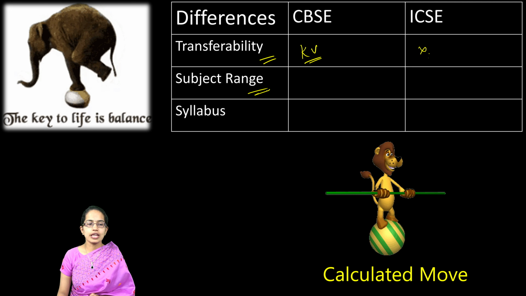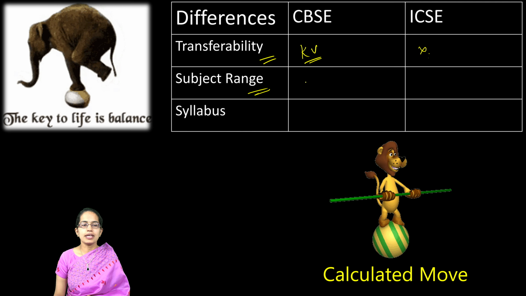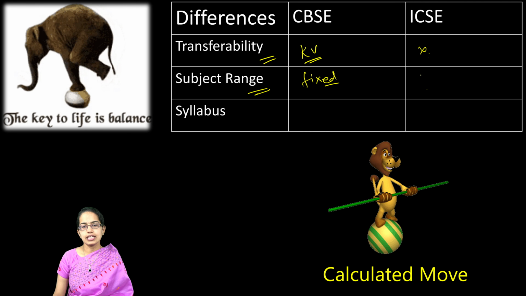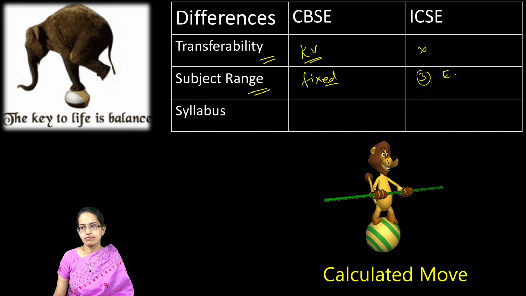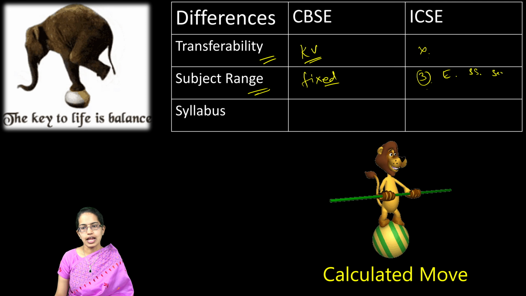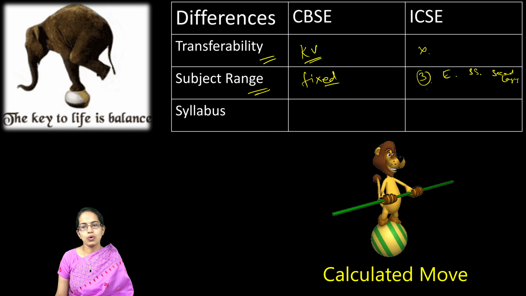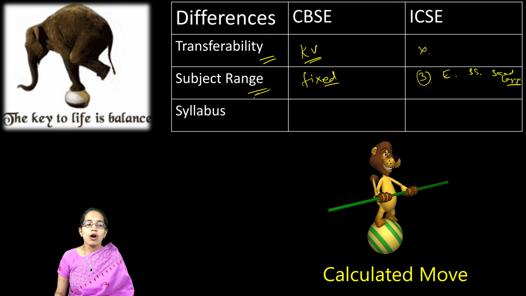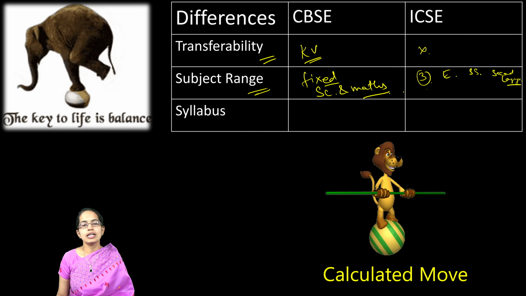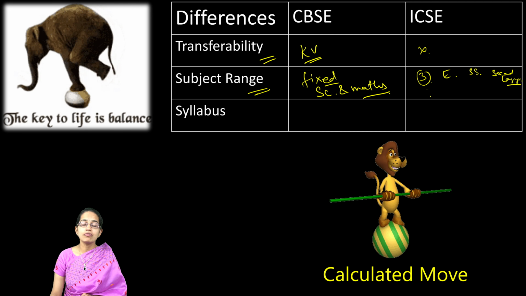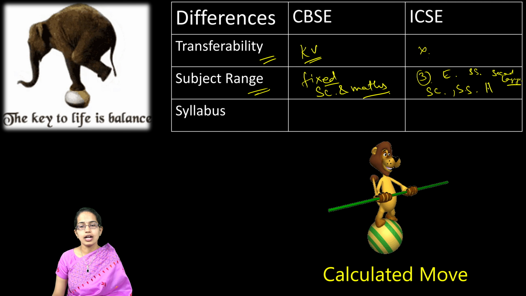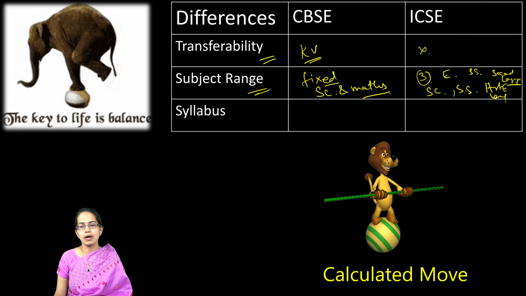When it comes to range of subjects, as we said, CBSE has fixed subjects for grade 10th. However, ICSE has 3 subjects which are compulsory, which is English, the social studies part, and then you have a second language. For the others, you have choices. Also, CBSE has very high weightage for science and maths. On the other hand, ICSE has equal weightage for science, social studies, and humanities or arts, which is basically the languages part, we could say.